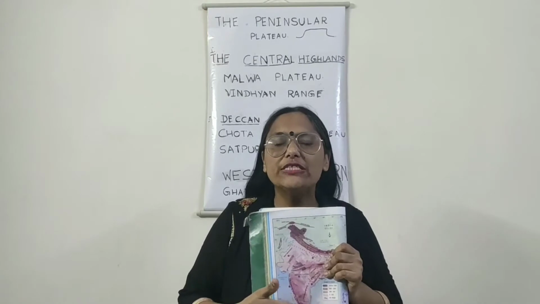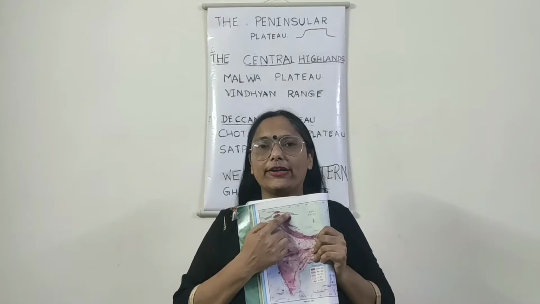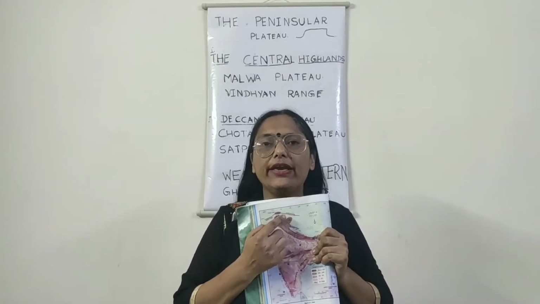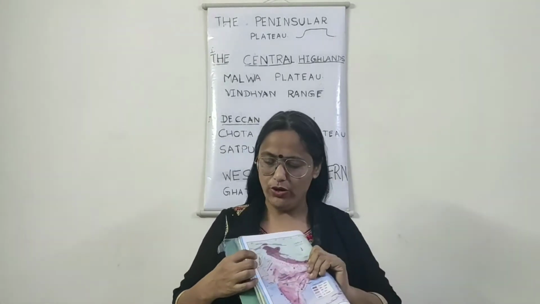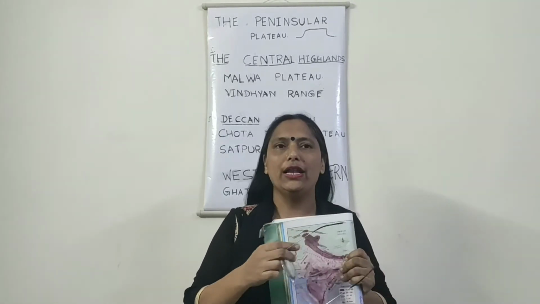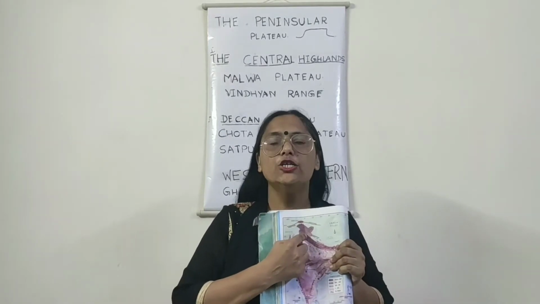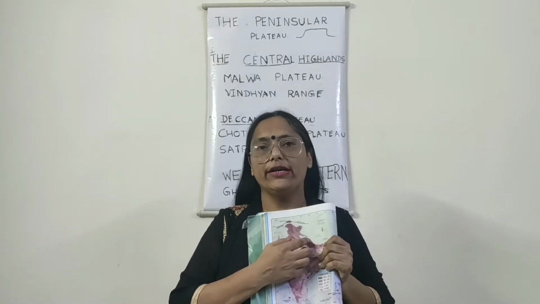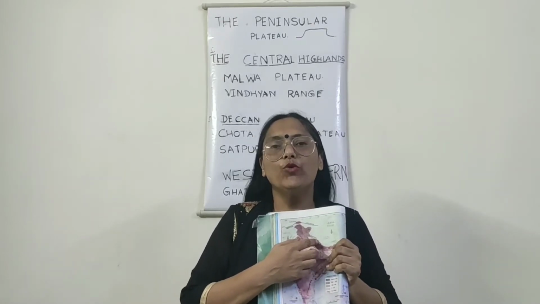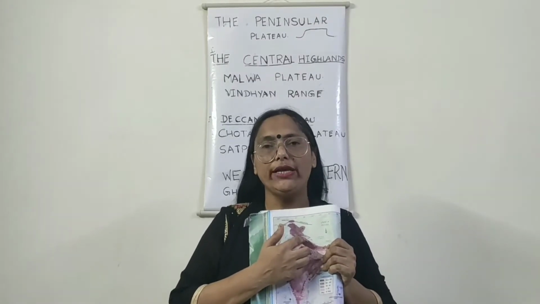When we talk about the physical features of our country, we find that just over the top of our country, there are two ranges. Number one, this one is your Karakoram and this one is your Kunlun. Here are the Hindu Kush as well as Kunlun. When we move towards the north of India, we find the top of our country, which is known as Jammu and Kashmir. This area is covered with rugged mountain terrains.